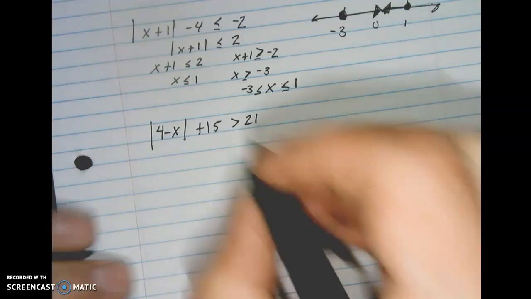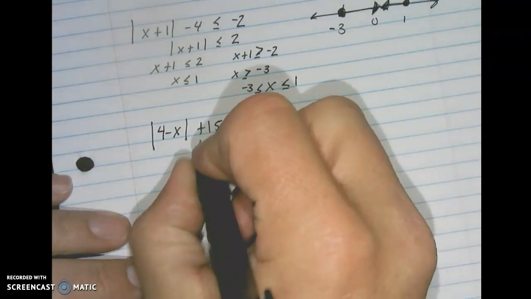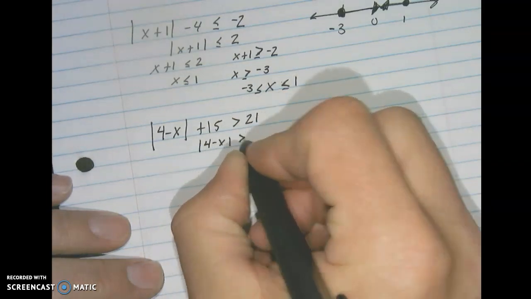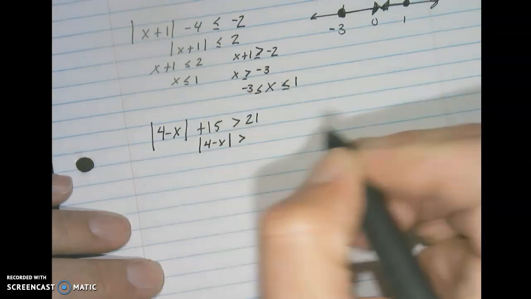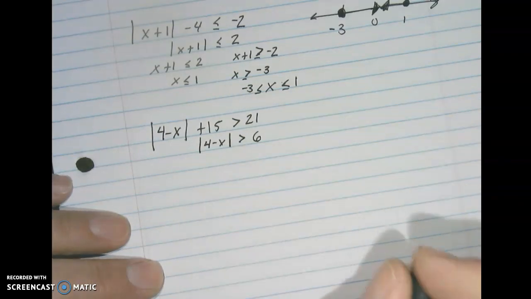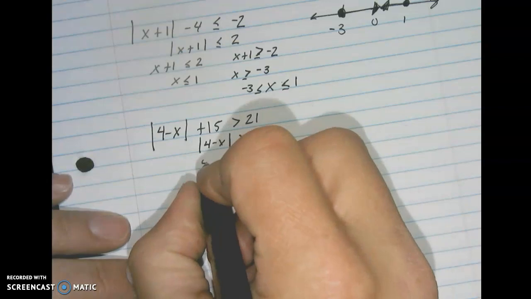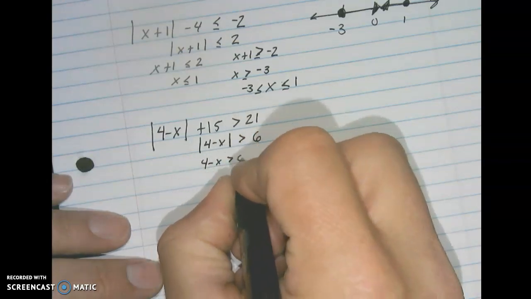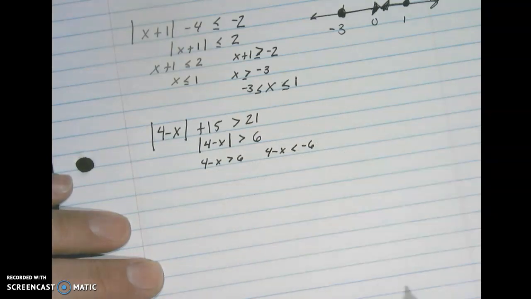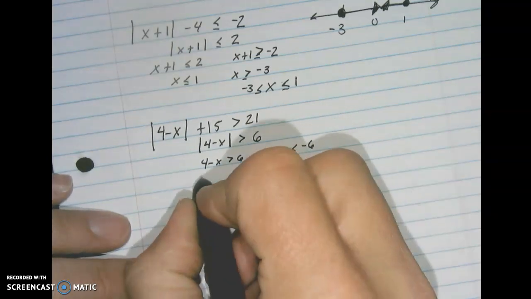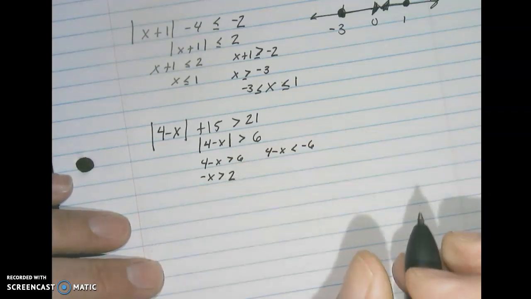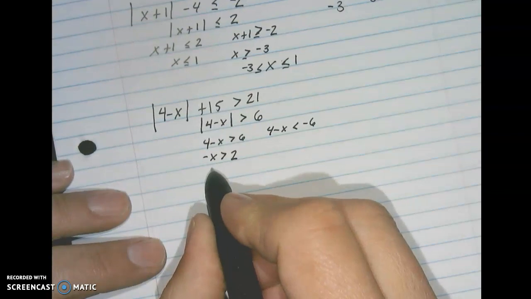All right, so here, subtract the 15, right? 21 minus 15, 6. Two equations. So I subtract the 4. I get 2, is that right? Okay, so I divide by